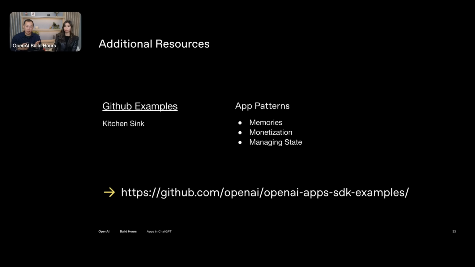Another more native way to do this is to add in a checkout-like experience within your app, or a button that then opens an external link to your application. Traditionally, what we've seen as a good paradigm is it can deep link people to a final state of checking out. And then what we provide in the external checkout window.openai capability is a redirect URL. So after you've completed that action on your site or platform, you can natively direct the user back into ChatGPT and continue the experience there.